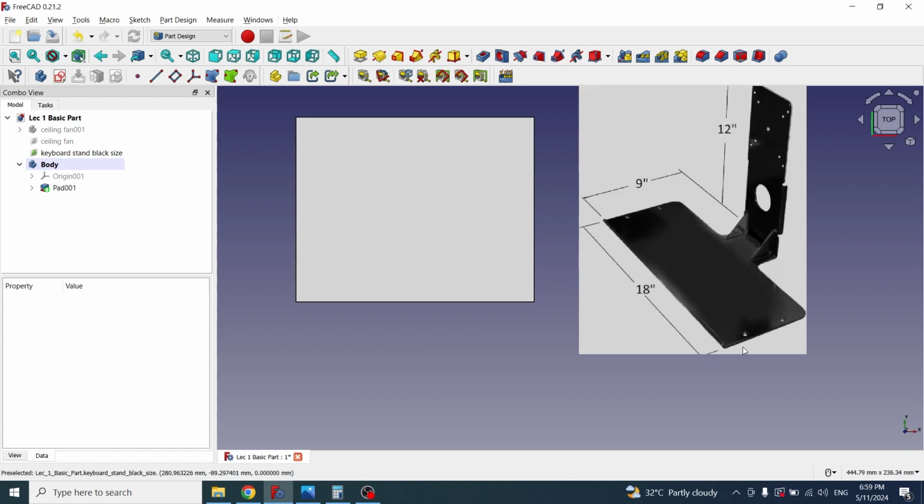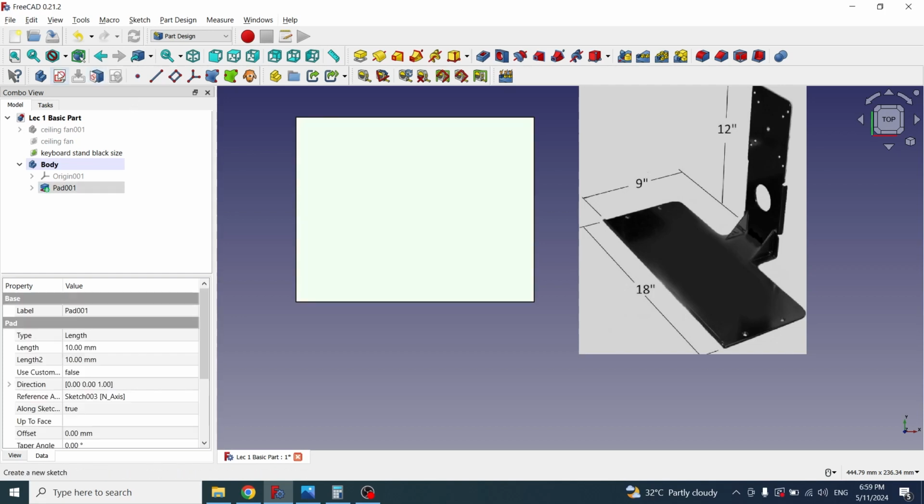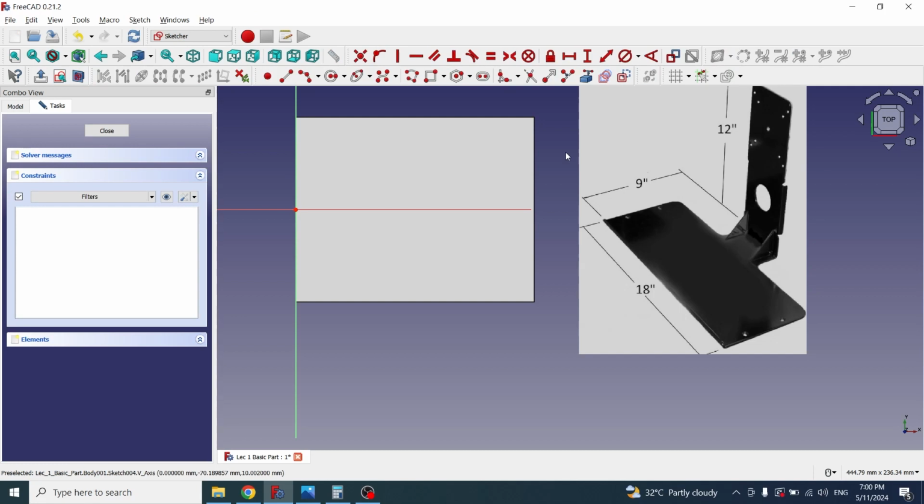Now I want to create this support for the keyboard. This support is attached to the base. I will select this face and click on sketch. Before creating a rectangle, first we will create external geometry. Click on the external geometry. Then I will click on this and this. Now I will create a rectangle